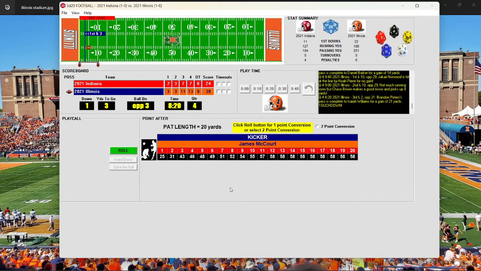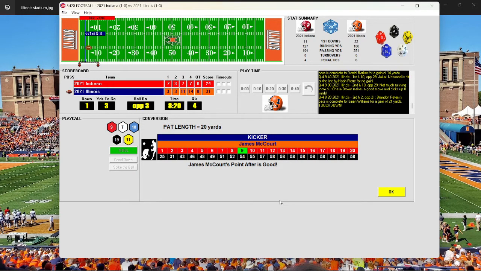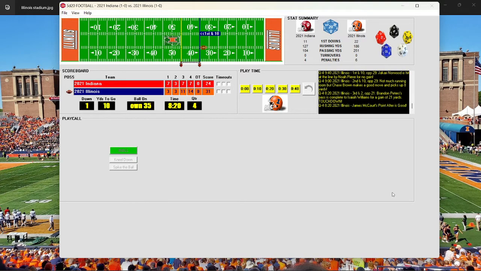And again, Illinois scores. Extra point is good. They have scored 25 points in the second half. It's now 31-24. 8:20 left. Let's see if Indiana can